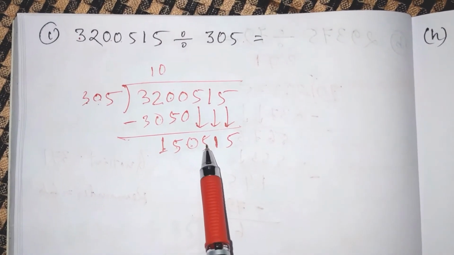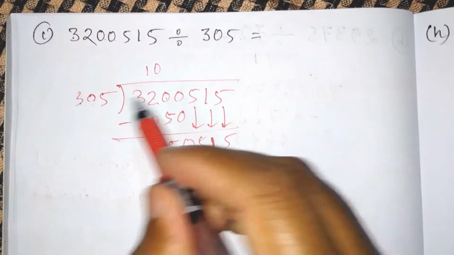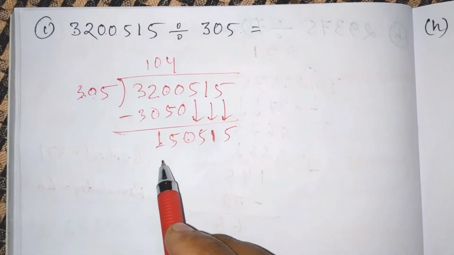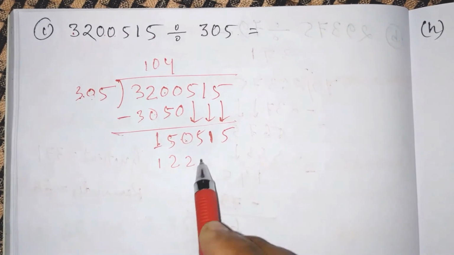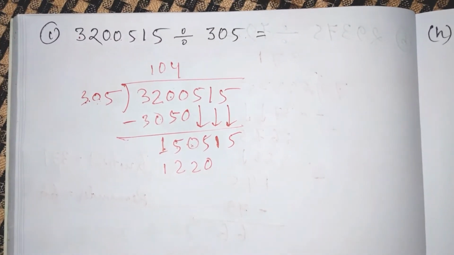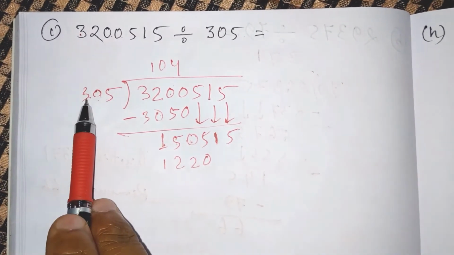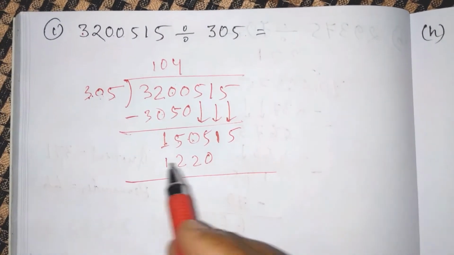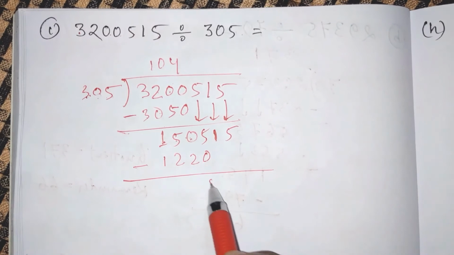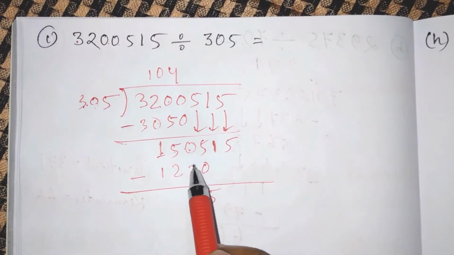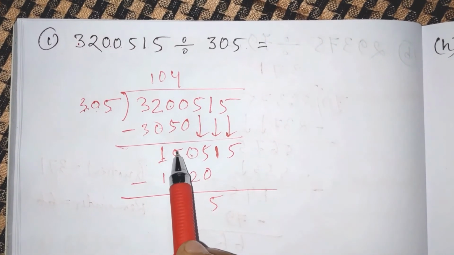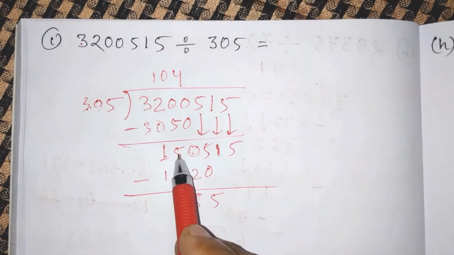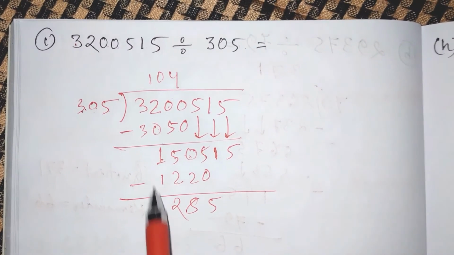So you have 150 and this is smaller than 305, so I will go with 1505, isn't it? So if you multiply 305 with 4, then you will get 1220, okay? This is the number you will get after multiplying 305 by 4. So now you need to subtract it. 5 minus 0 is 5. Obviously you cannot subtract 2 from 0. You need to borrow 1 from here. This will become 10. 10 minus 2 is 8. This is 4. 4 minus 2 is 2. And 1 minus 1 is 0. No need to write it.